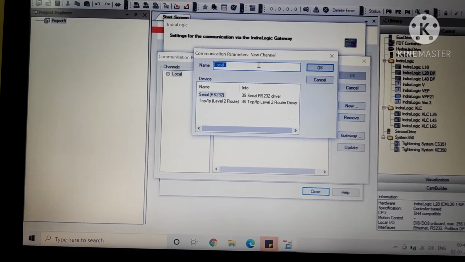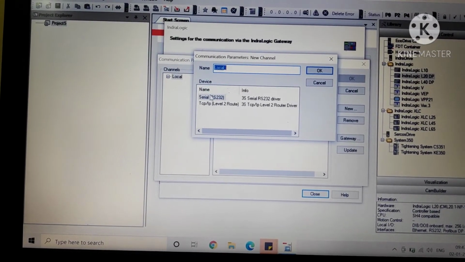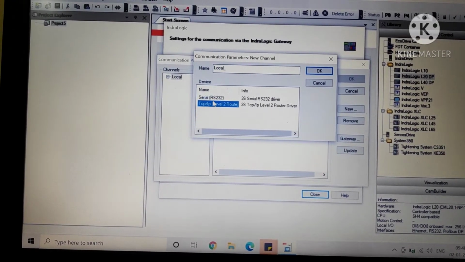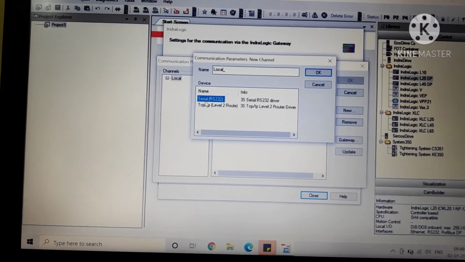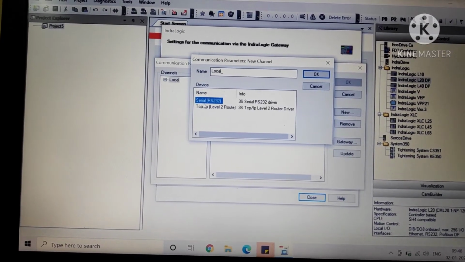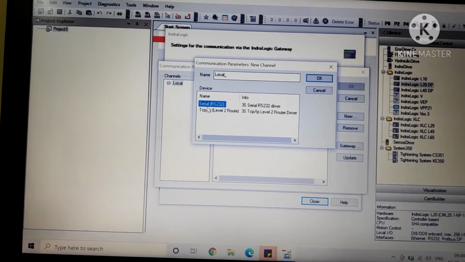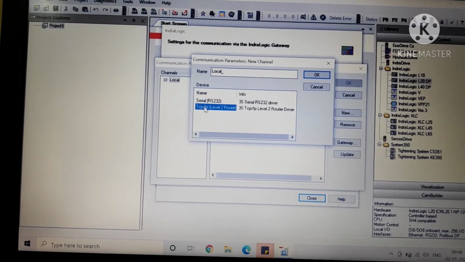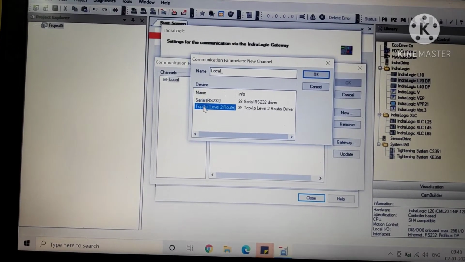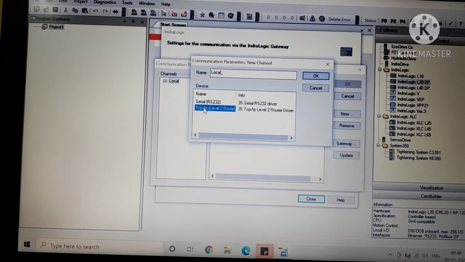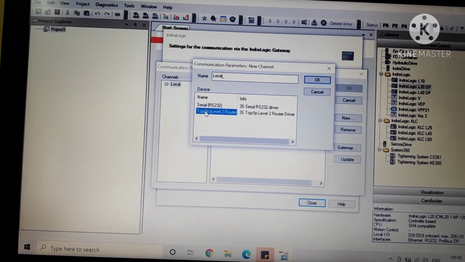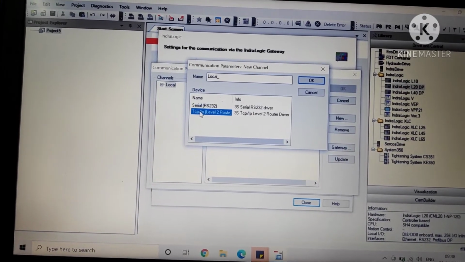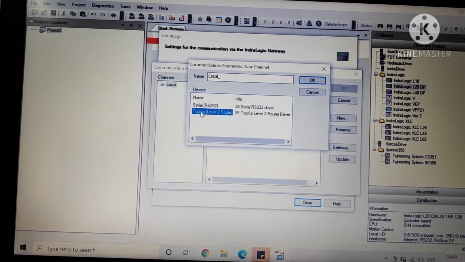So you are communicating through some channels. So here you have 232, you have level 2 route. In my previous video I have explained clearly what are these two. Okay, 232 we have a slot, but we don't have a cable. So we have an Ethernet cable. Ethernet cable I have explained in my hardware version video, that through the Ethernet cable we are communicating between the PLC and your system. That means I am giving input to my PLC and the PLC is giving output to me through this Ethernet cable. That is your communication module.